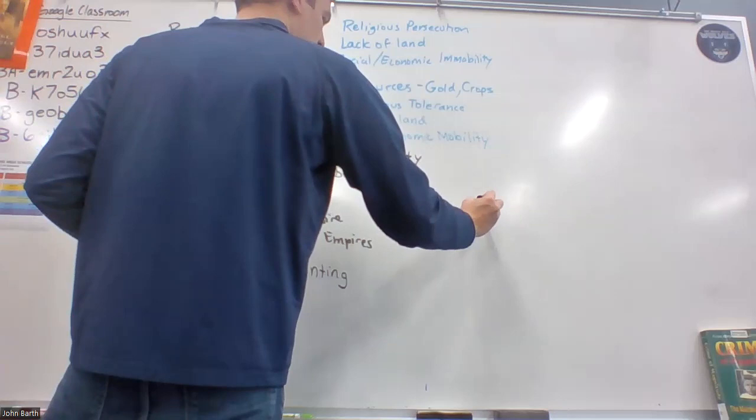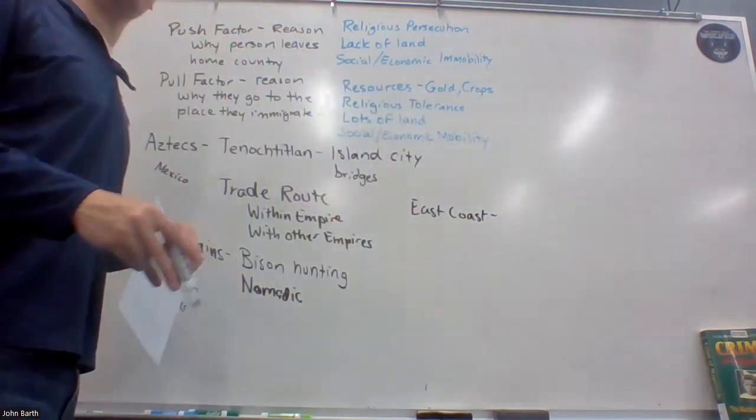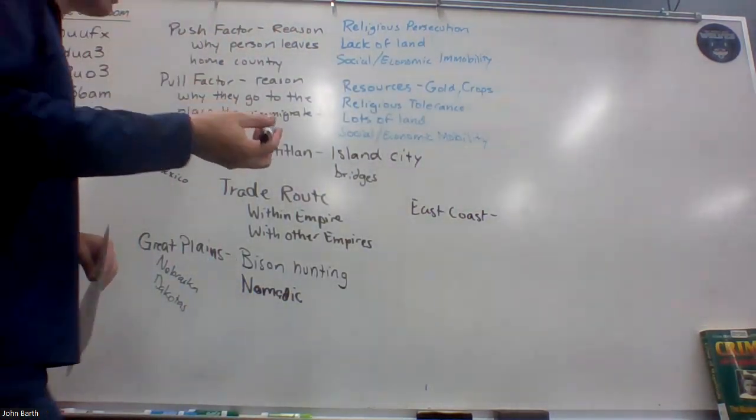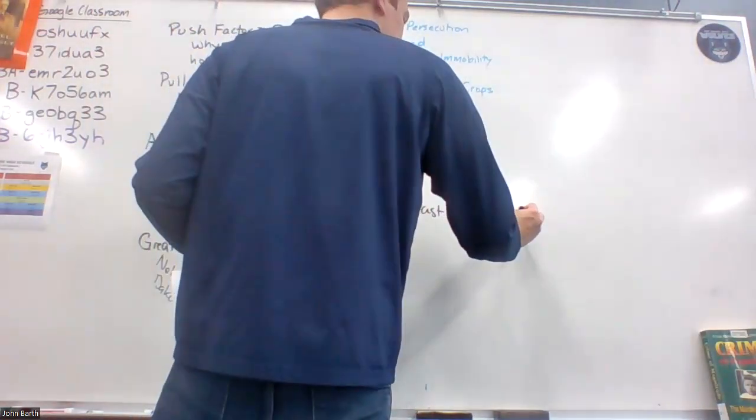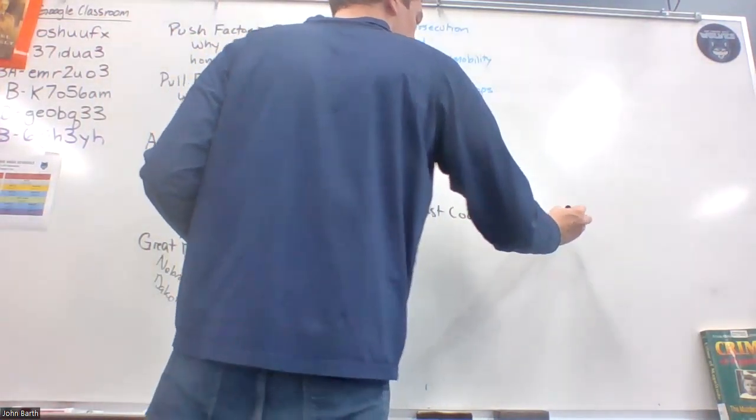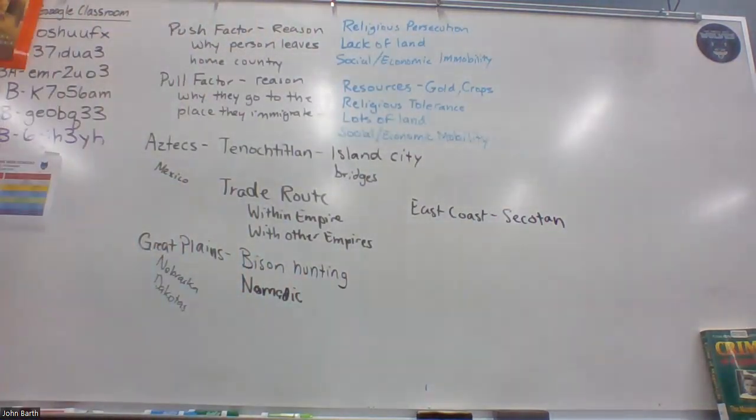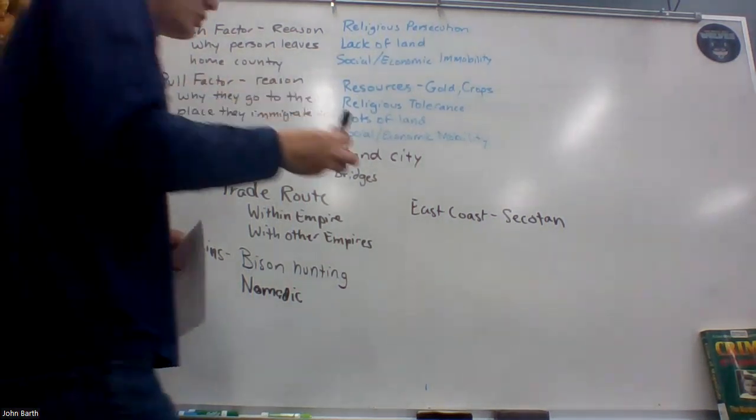Compared to other communities like on the East Coast, I'm thinking of one we've come back to a couple times in North Carolina, Secotan. What did we see? That's the one with the image. What did we see in that image that shows they're transforming or adapting to their environment? Okay, so buildings.